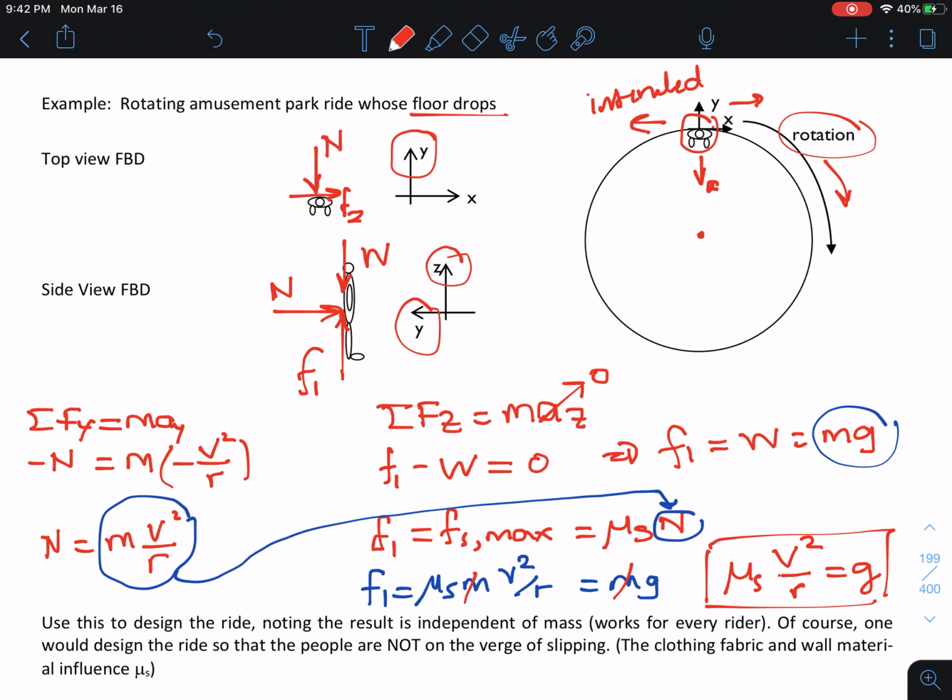So like using this, again, you can figure out what you want, and again, just kind of as a designer, expect the worst and don't make this mu_s too high. Maybe some people are wearing some silky clothes or some less friction coefficient material, so that you can make sure that when the floor drops, they don't fall, right? Okay,